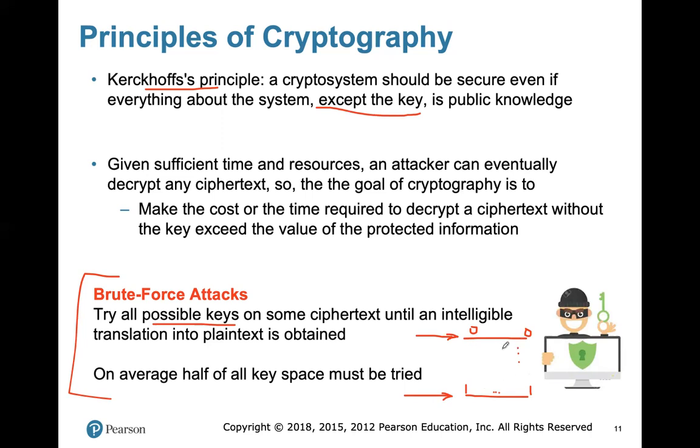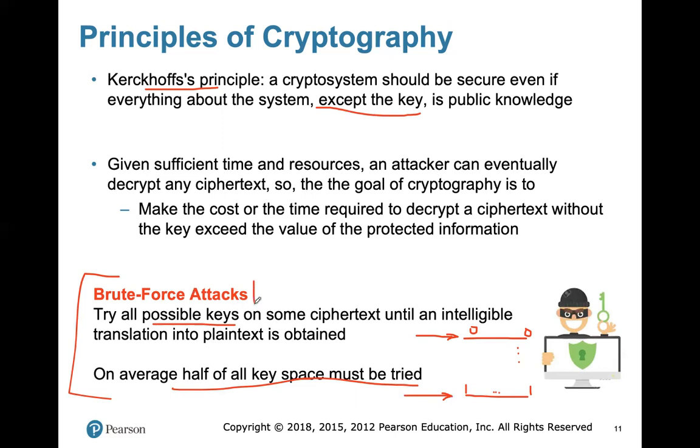This follows the binomial probability distribution function. And if you find the mean for that, you'll find it very easy that the average number of trials that the attacker might need to apply in order to find the key is, on average, half of the key space should be spanned. So if the number of keys is 2 to the power of 64, half of that, which is 2 to the power of 63 keys, should be applied on average, of course. Okay, this is brute force.